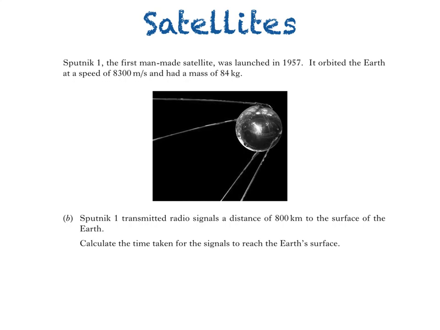To calculate time, we use the same equation as before, then rearrange it to make time the subject by dividing both sides by speed v. We then substitute our values into this equation, which, when displayed in the majority of calculators, gives us this. The dot above the 6 means that it's a recurring decimal, so we have a time of 0.002666666666666 and so on seconds.